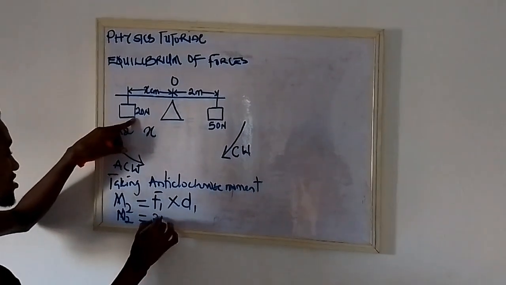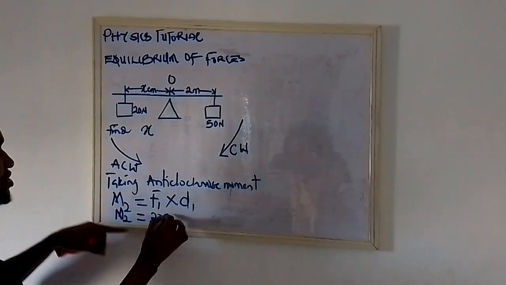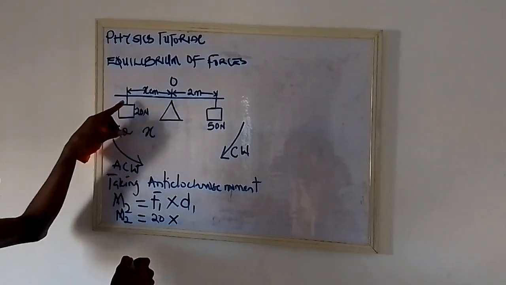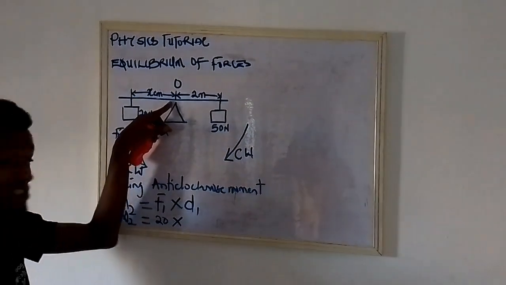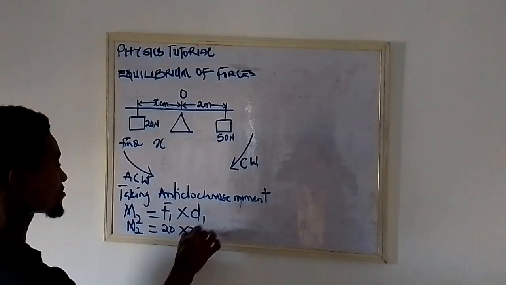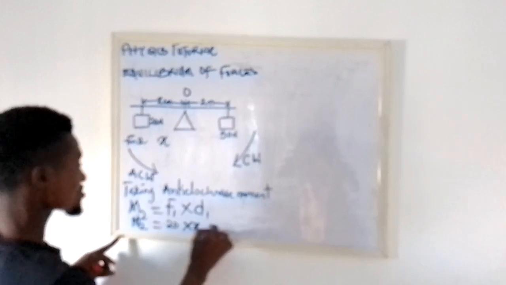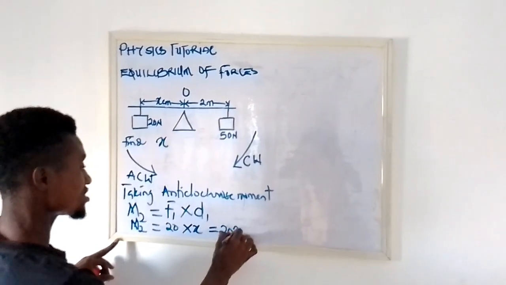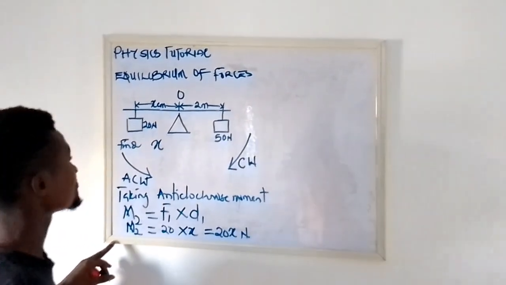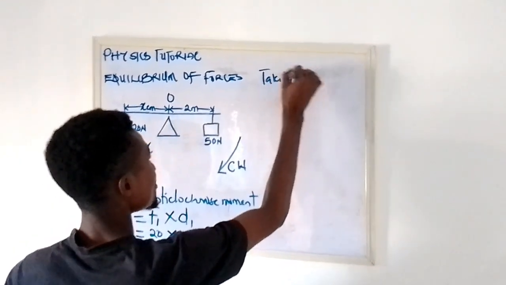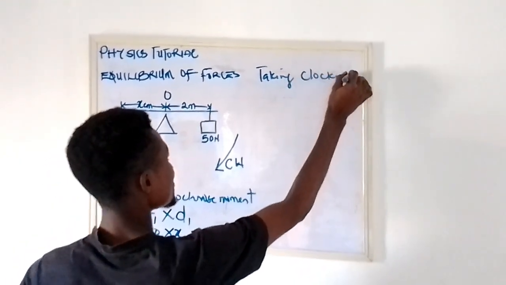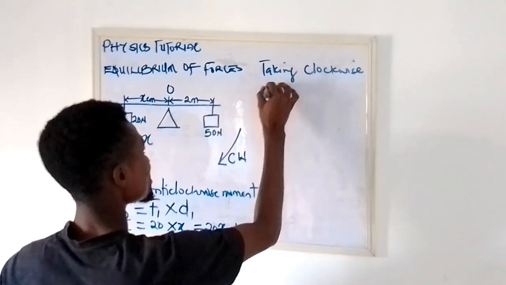which is 20 Newton. We multiply it by the distance that is covering from this point to the point where the knife edge is placed. So we have x. So at the end of the day, we have this to be equal to 20x Newton. Now, taking clockwise moments about the pivot, we have